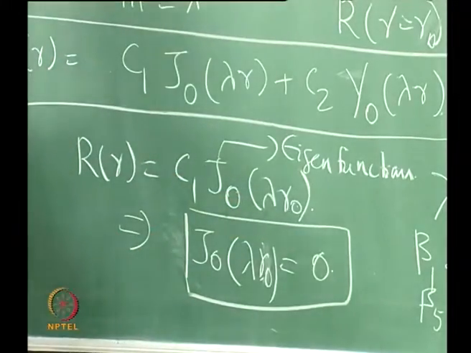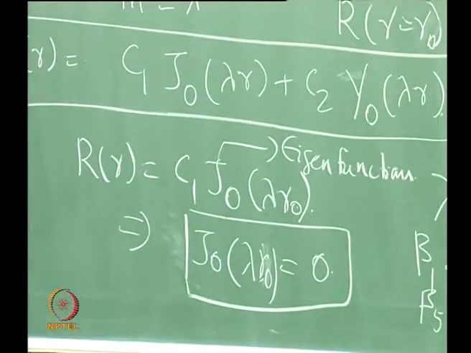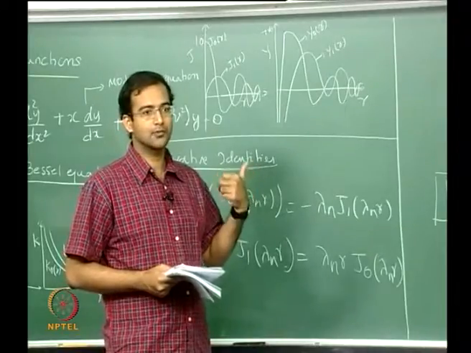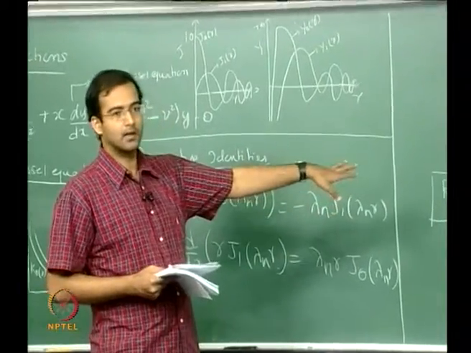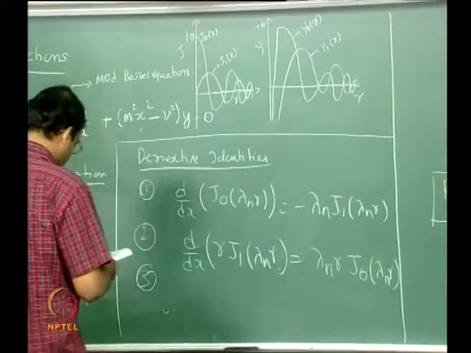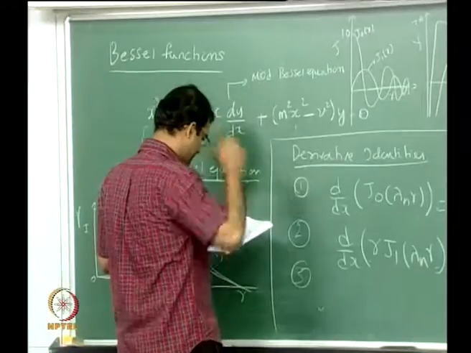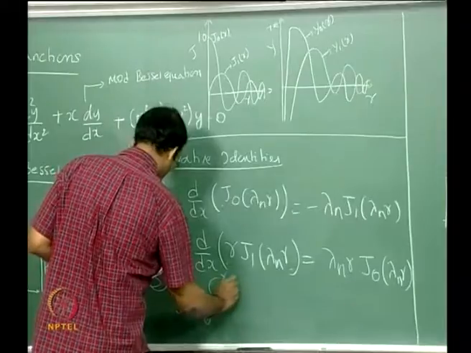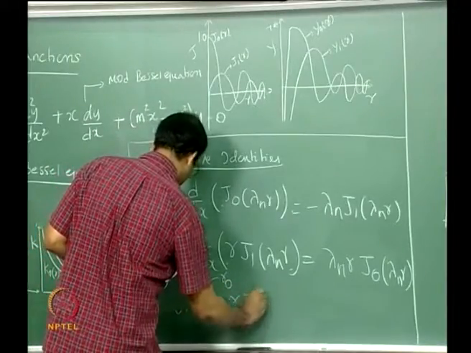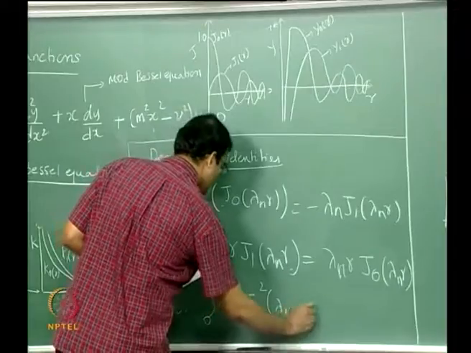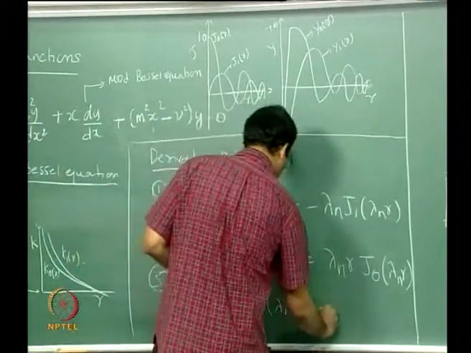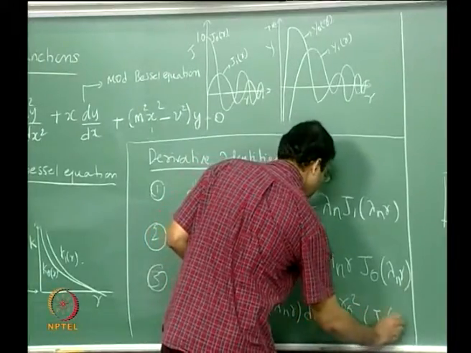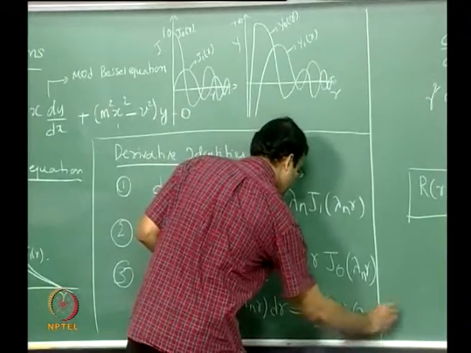Now any eigenvalue problem where you determine your eigenfunction should satisfy the principle of orthogonality. Okay, we will see that it is very useful to determine the remaining constant. Okay, now that principle of orthogonality for this case can be written as the integral from 0 to r naught of r J naught squared dr is equal to r naught squared by 2 J1 of the whole squared.